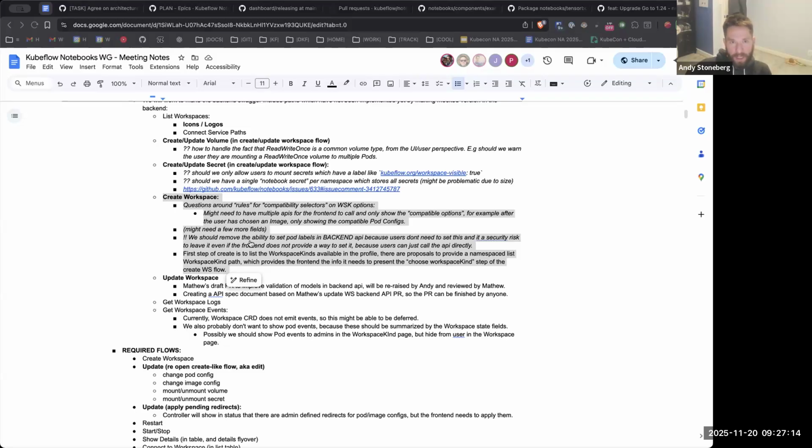But update workspace we can start to do, and then there's some fun, funky front end stuff there. Update workspace itself isn't really that interesting, but this starts to hint at trying, as much as possible, as you've commented in the past, Matthew, to dynamically generate these update forms versus explicitly hard coding how those forms look.